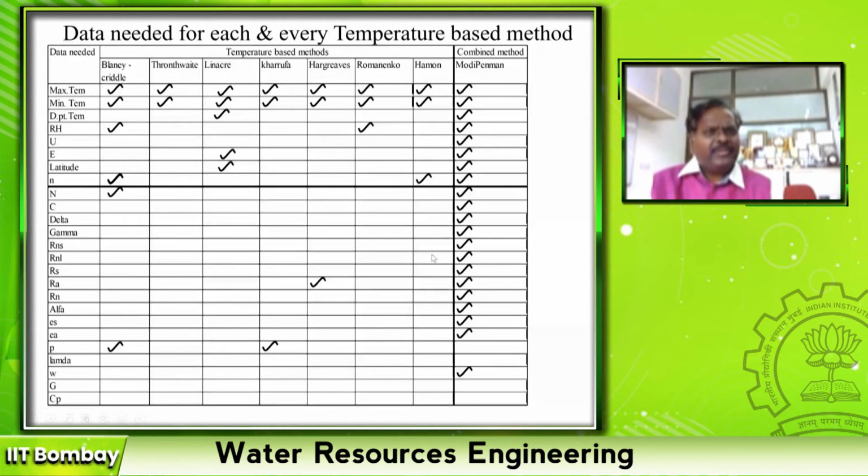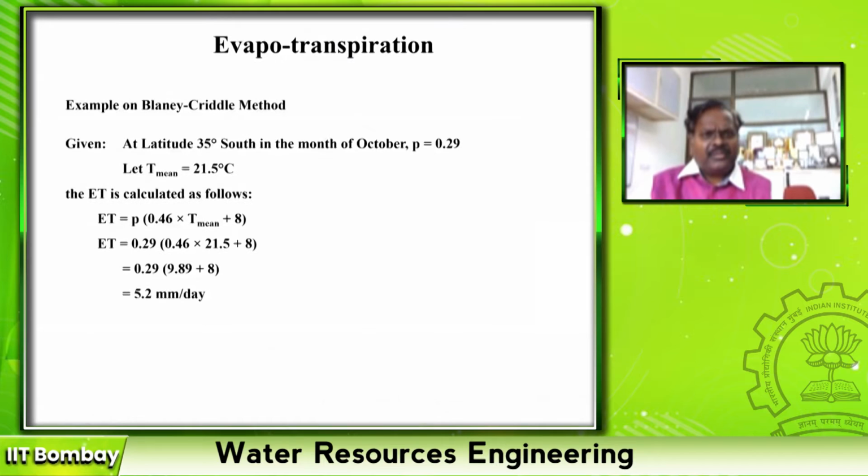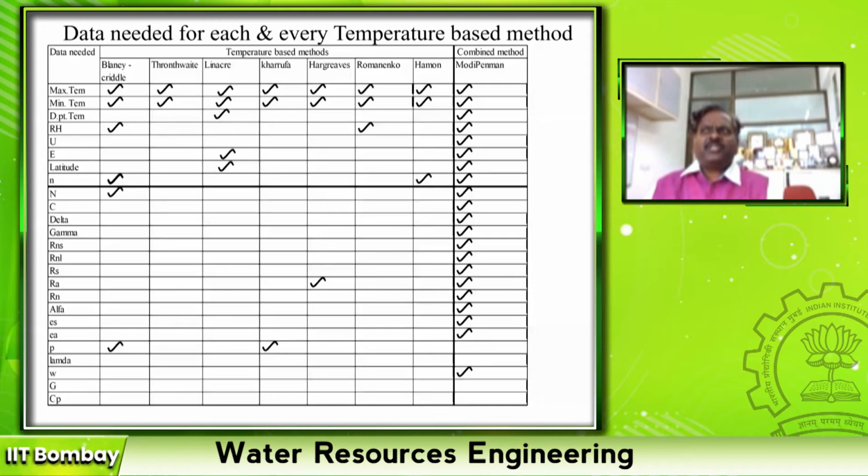See, for example, why we have to spend this much effort is that this evapotranspiration is used to estimate the crop water requirement at field level after multiplying. Suppose maximum, in our Indian condition, reference crop evapotranspiration varies from 4 mm per day to 7 mm per day.